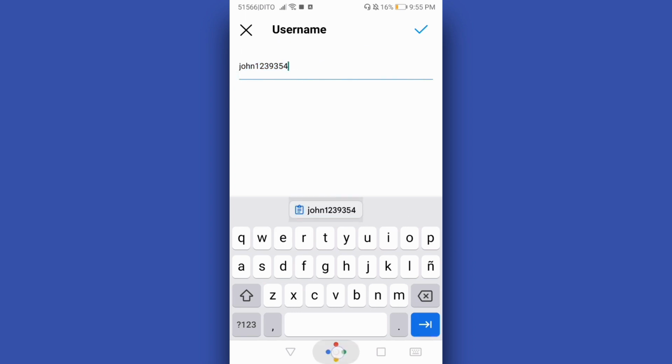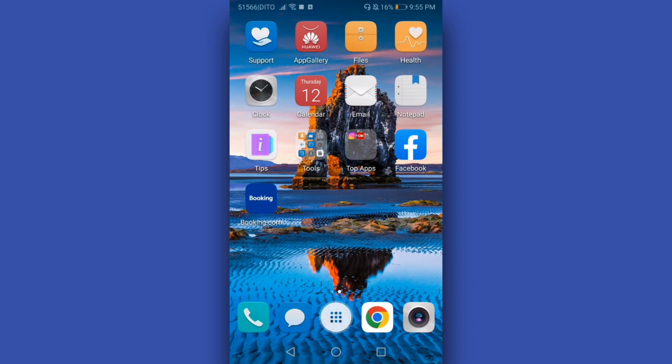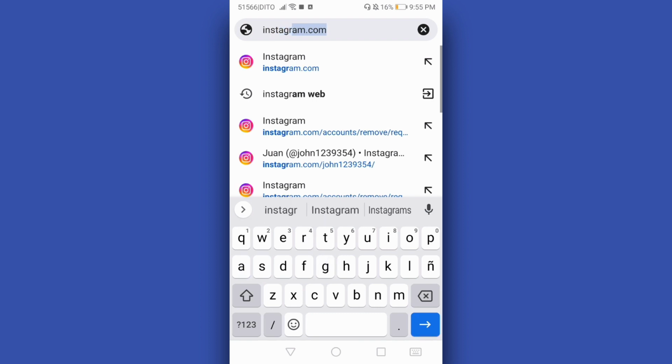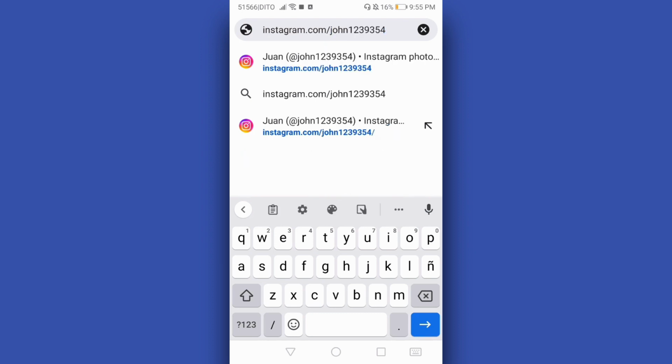After copying, just open your web browser and type here in the URL address instagram.com, then slash and paste the username of your Instagram account. Just paste here, then press or tap this enter,